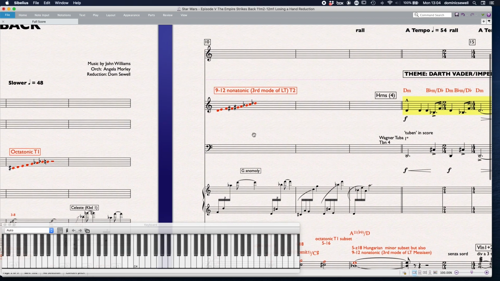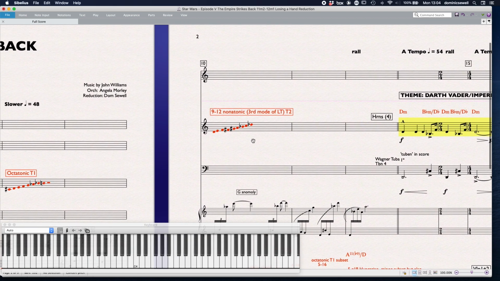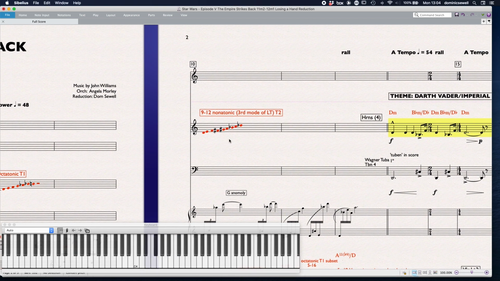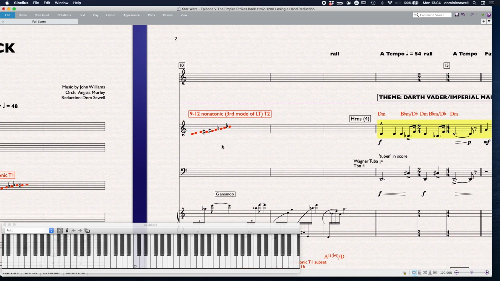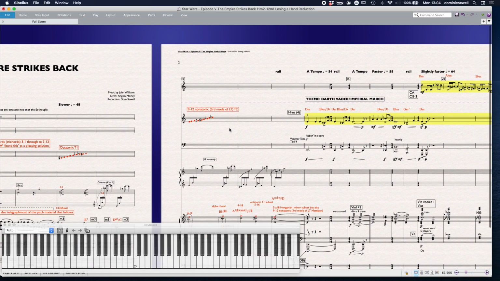So let's have a look. Yeah, so here, for example, it's not there, and here it is. So some of them overlap as well, and we've also got the hexatonic scale as well, which also crops up a lot in Williams. So there is a further seed